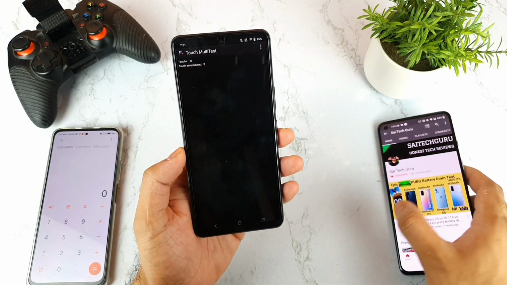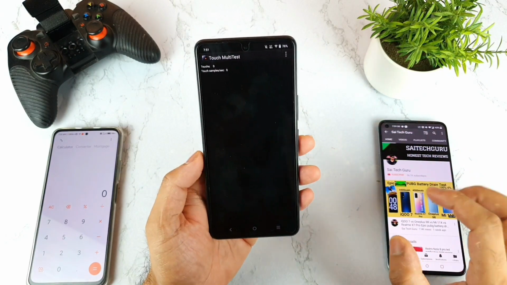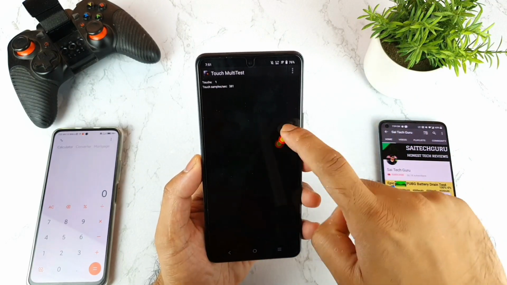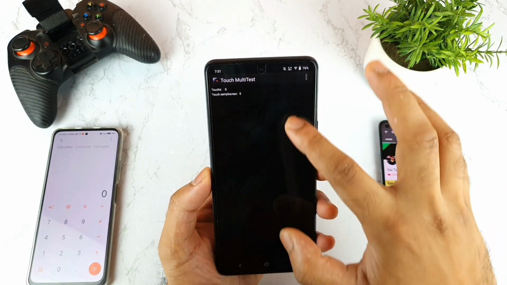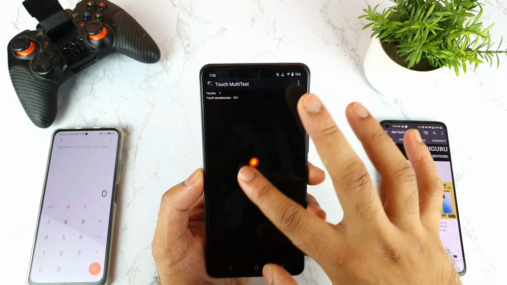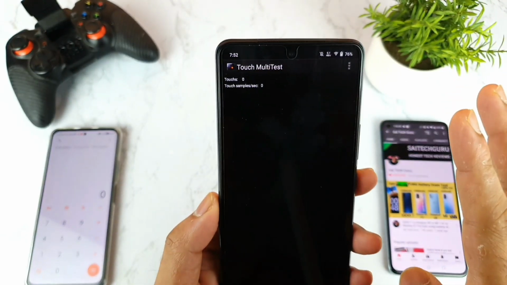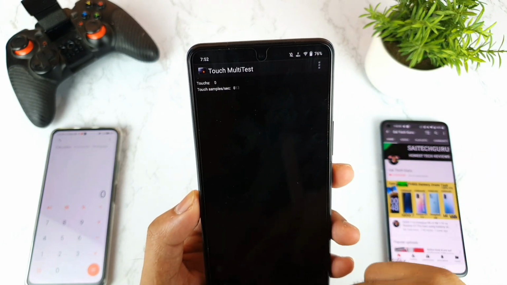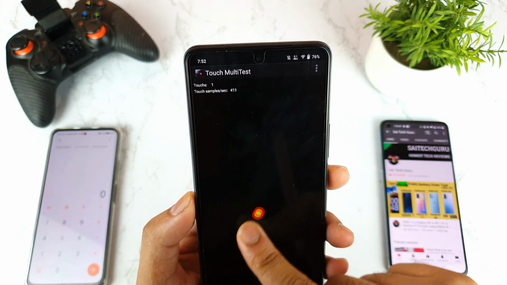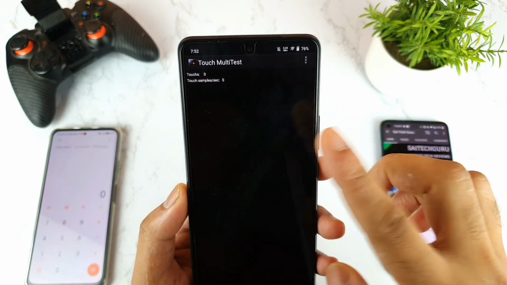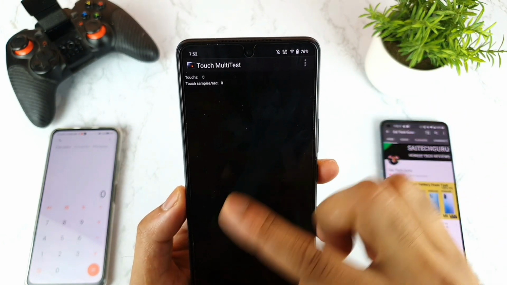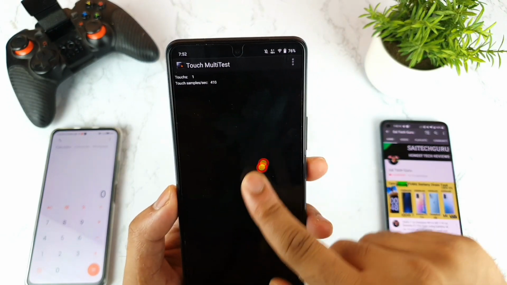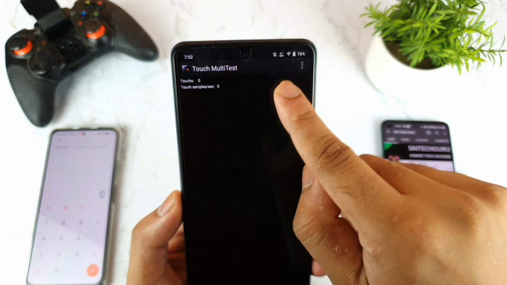So let's see. The company claims the touch sampling rate will be about 300 Hz, and the instant touch sampling rate will be 1000 Hz. But right now, after adding into the game turbo mode, I can only see a maximum close to 420 Hz, as you can see here. It's only going up to 416, 417 and 420. So let's take 420 as the maximum, a round figure that is easy for our understanding. It can only go up to 420 Hz touch sampling rate.